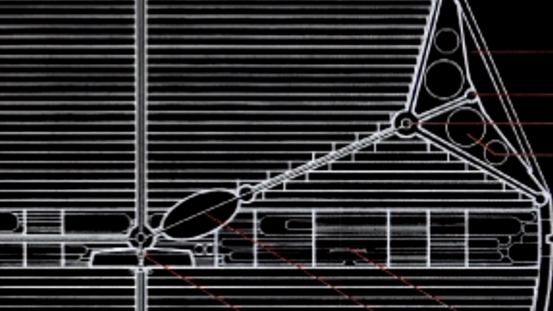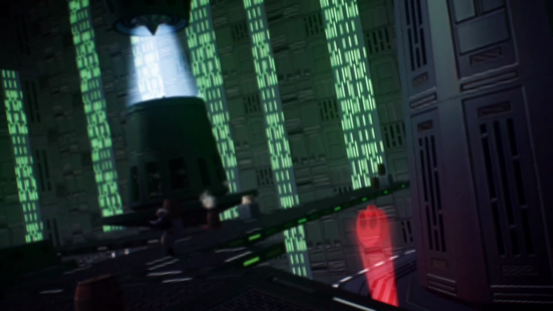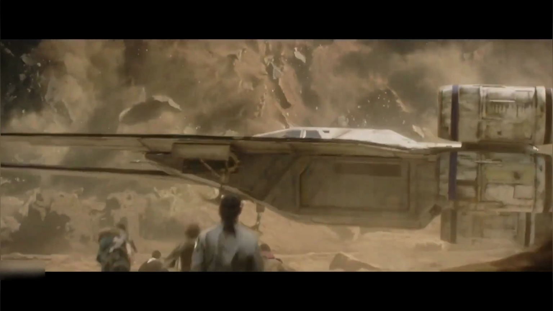As is seen in Rogue One, however, the amount of reactor engines used to power the laser could be controlled, which would lead to different forms of decimation. For example, using only one reactor engine would only destroy a large area of the planet's surface instead of destroying